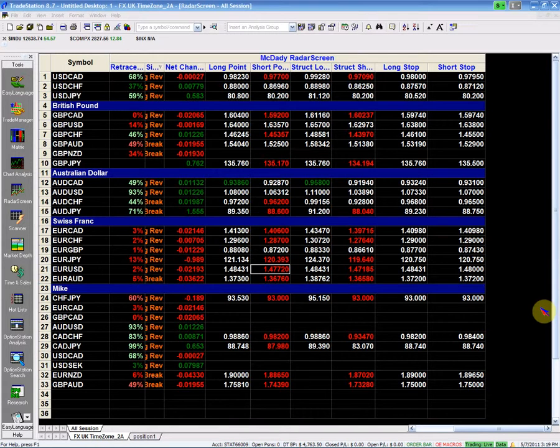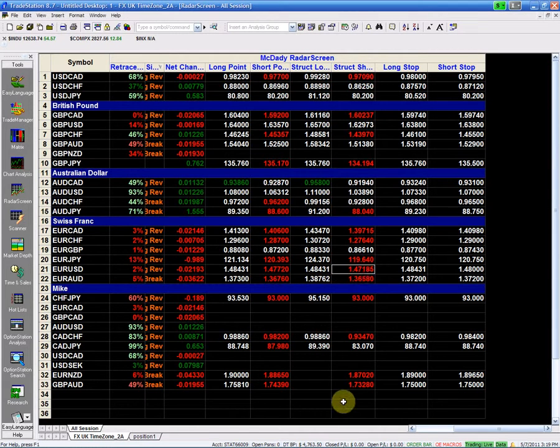So in the euro dollar, our selling point was 147.72. Our structural short was 147.18. So we had about 60 pips between them. But once I was already short at 147.72, by the time it reached the structural point, I already had 60 points or 60 pips